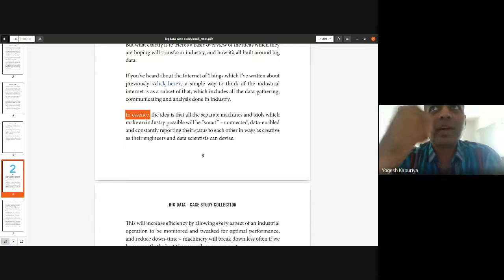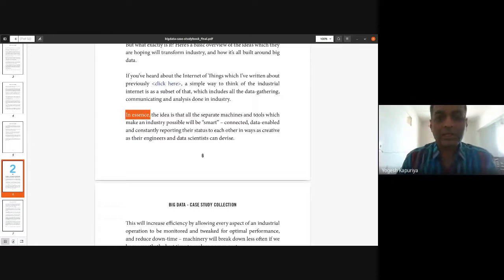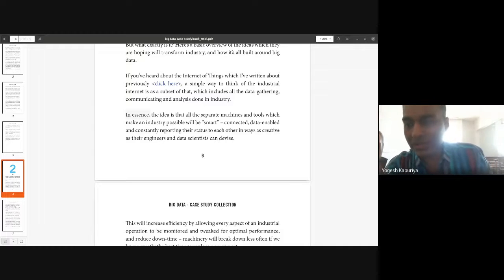Now, why am I discussing this? The reason is that one application you can consider is any industry which is generating a high volume of data. Obviously, that data will be collected by some of the resources they have been using.